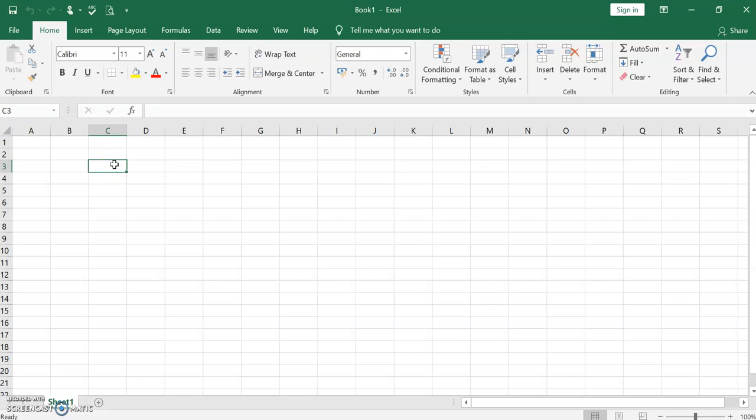We have been going through many powerful formulas of Excel. Some of the formulas we have already seen earlier, and today let us discuss another function called SUMIF. The SUMIF function is a very powerful function in Excel, and what does it do? It just does a summation of cells.